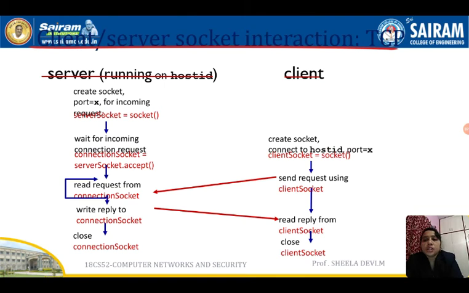Again, here the server has to close the connection socket. Why does it have to close? In UDP, we didn't mention closing the connection socket on the server side. It will be open only. Why? Because it has not established a separate connection for every client in the case of UDP. But in TCP, for every client, the server is establishing a new connection socket. That is why, once the data transfer between that particular client and the server gets over, it is going to close the connection socket which exists between that particular client and the server.